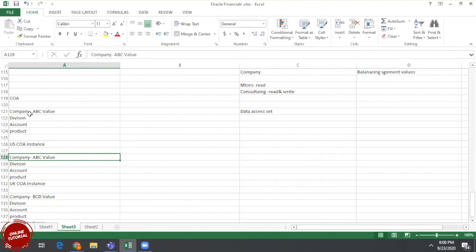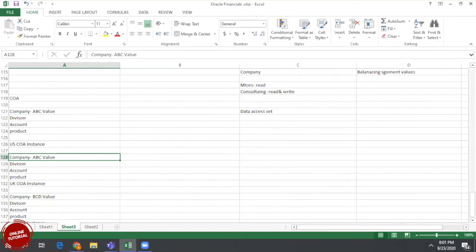Then what is the purpose of a chart of account instance? I don't think it has much purpose. Why? Because I can define one global chart of accounts, and out of that, based on country-specific requirements, I could use only the segments that are required. I should have the facility to select which segments are required. For example, if 10 segments are there, I can select 6 or 7 segments, whatever. And I should have the ability to override my value set. I'm expecting both.